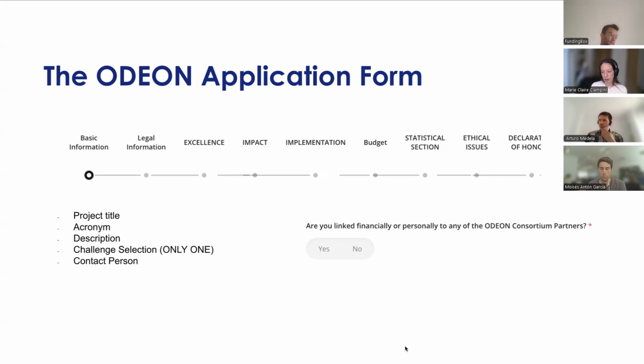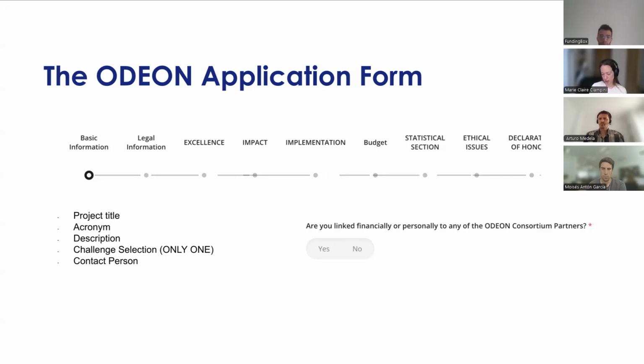And one thing I want to highlight specifically is you need to indicate if you are linked financially or personally to any of the ODEON consortium partners, because if this is the case, it could be a case of conflict of interest. And what we do is at every stage of evaluation, which I will talk about later on, we require that conflict of interest is tackled because we cannot fund a project that is in some way linked to the consortium.